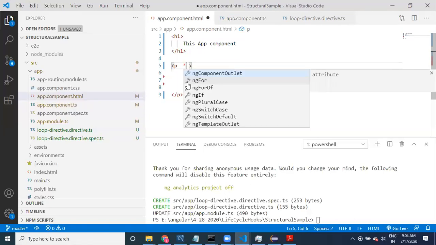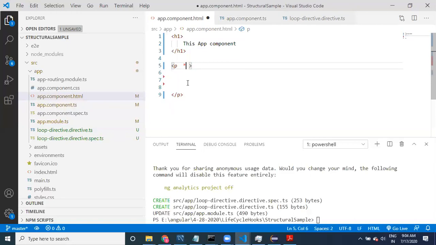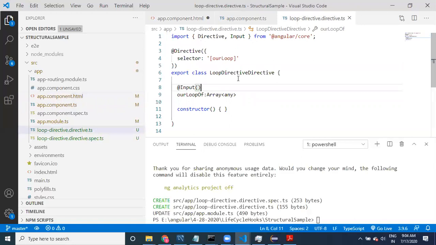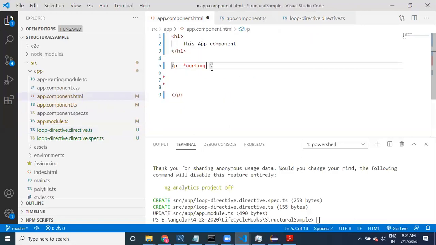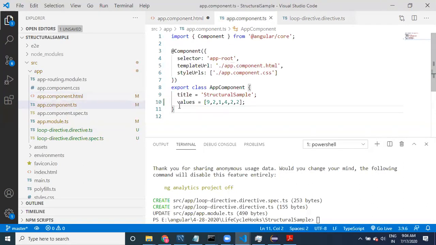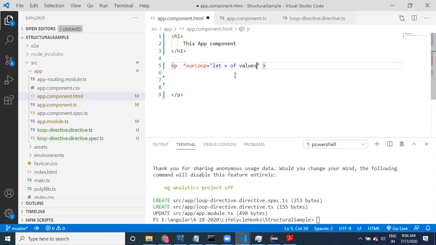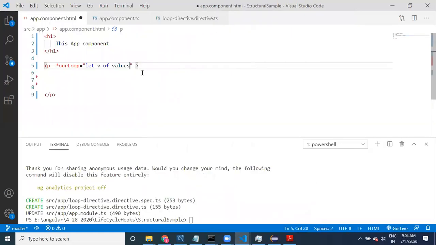Paragraph. What is the directive name? Our loop. Okay, come here, star our loop. We have to use it. What is the loop that we have to provide? If you provide this, let val v of, what is the property? Array property, values.